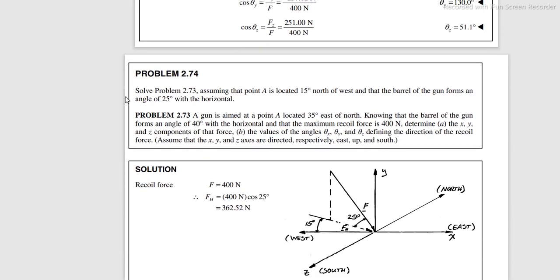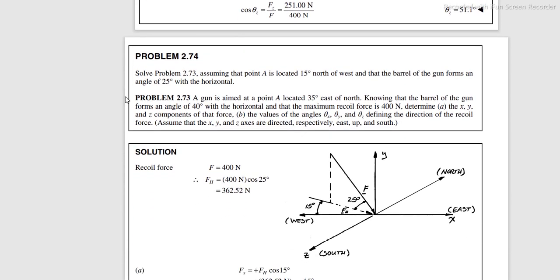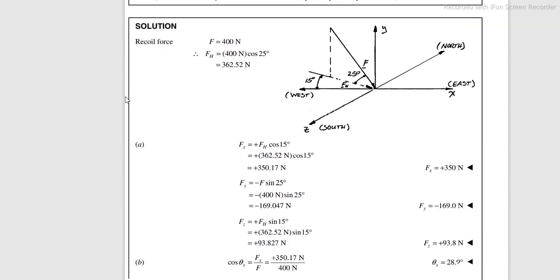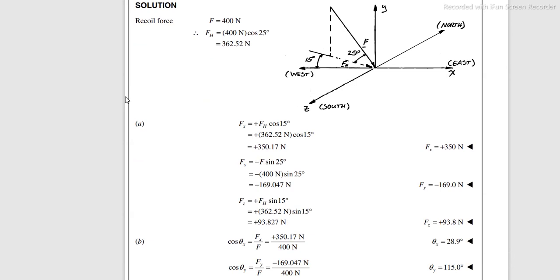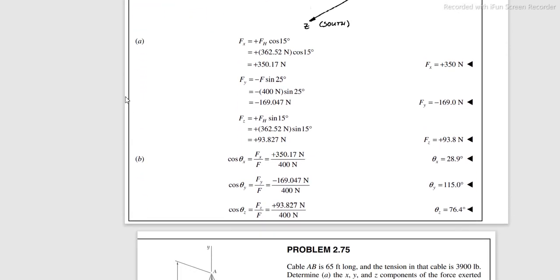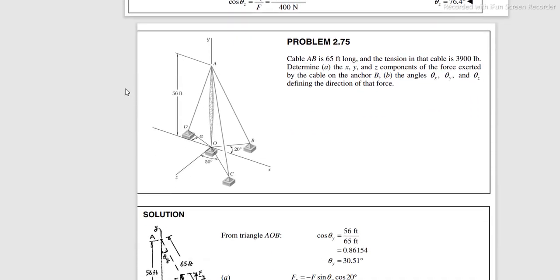Next problem 2.74, same problem like 2.73. The solution is, 2.75. Next problem,